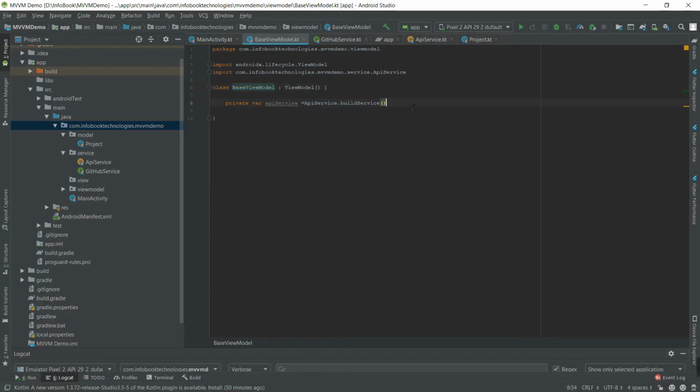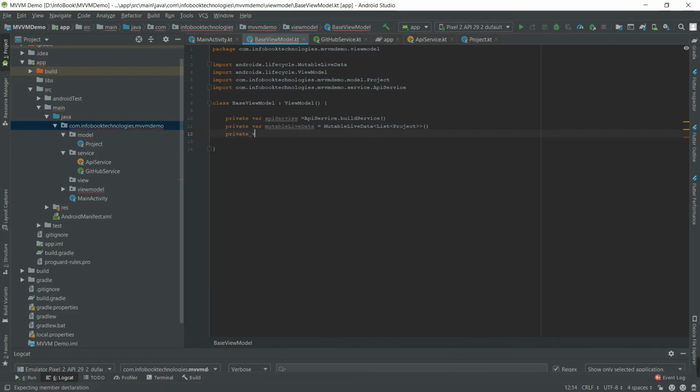In the view model, you want to create MutableLiveData. Also, we have to write a service through RxJava because we are going to perform asynchronous data streams.